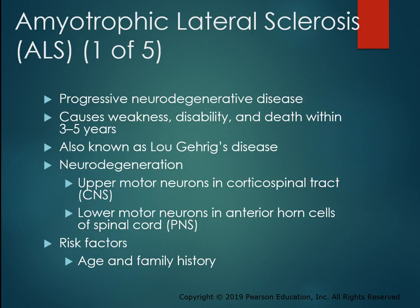We switch to the next disease here. So amyotrophic lateral sclerosis, or ALS, or Lou Gehrig's disease. Most of us probably have heard of this. This is a progressive neurodegenerative disease. It causes weakness, disability, and death within about 3 to 5 years, and sometimes even sooner. And so you have neurodegeneration. So again, it is degenerative in